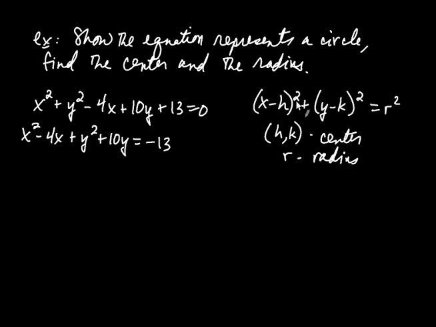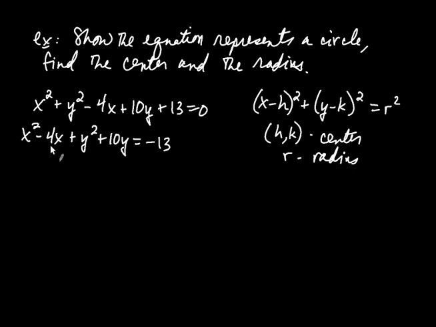So the idea is that we're going to complete the square on these terms. You can see this is a square, so I want to turn this into something that looks like that. And when we do that, we call that completing the square. And likewise with these two terms, the ones involving y. So just focusing on these two terms right here, the way you complete the square is by first making sure that the lead coefficient is a 1 in front of x squared. So it is a 1, because we don't see anything written there.